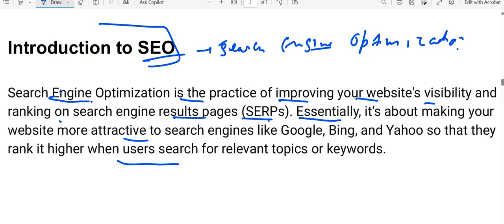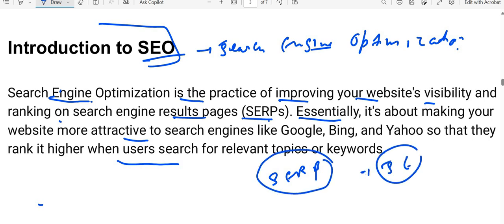There are two terms here, SERP and search engine. We will discuss the SERP term later. Now, the search engine is where we search our query. That can be Google, it can be Bing, it can be Yahoo. So if we go to Google,